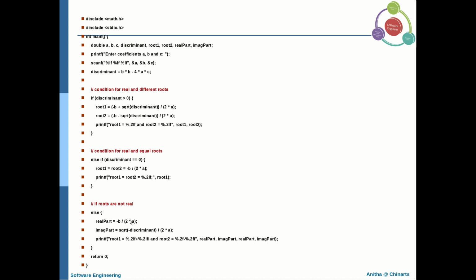So for one set of input conditions, any one of these three will be executed, and the others will not. So obviously you have to give all three input conditions where it executes all three cases, and you have to find out what output is being generated.